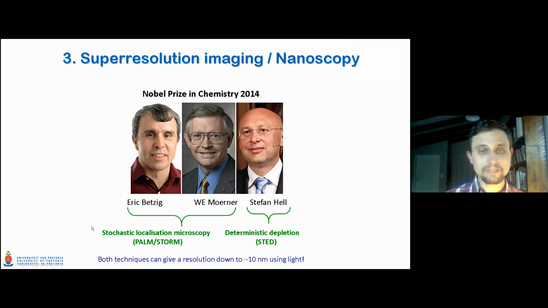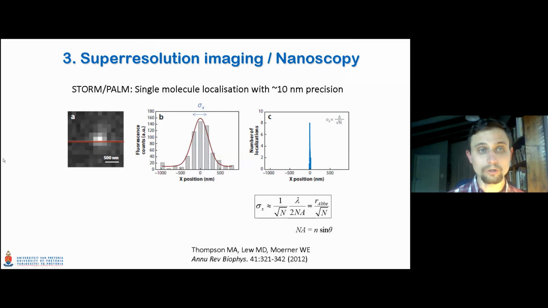Okay, so how the first set of techniques work is, say that you have a point source. A molecule can be considered a point source because it's much smaller than a wavelength of the light. So you raster scan across such a point source, then you get this raster scanned image. And when you do a line scan across this image, you get something like this. So here are all the counts of the different pixels, and you can then fit this histogram with a Gaussian, and the peak position of this Gaussian will have some variance. So this is the uncertainty.